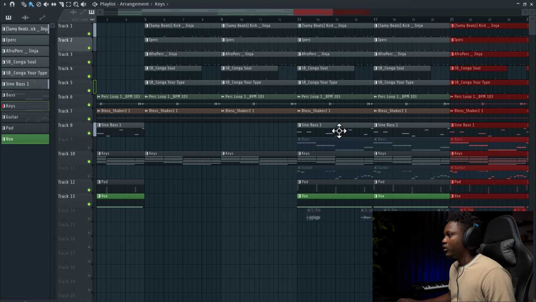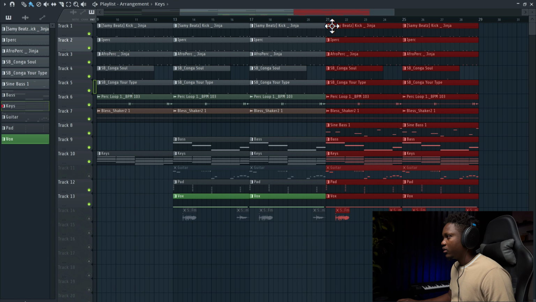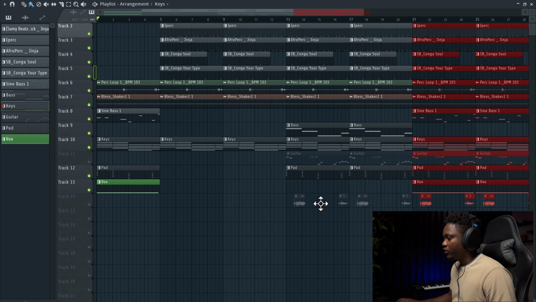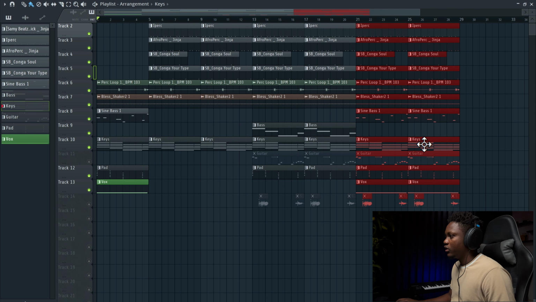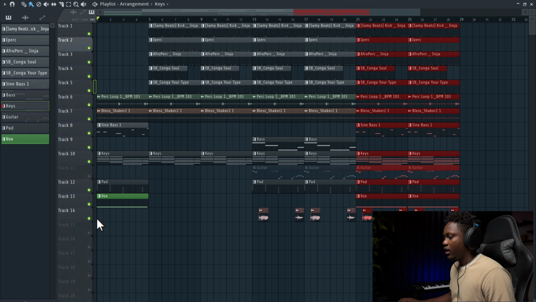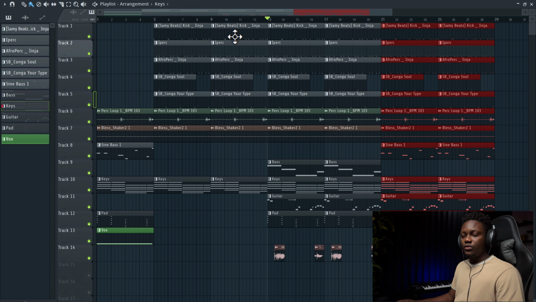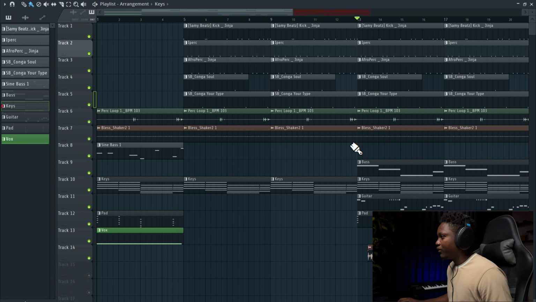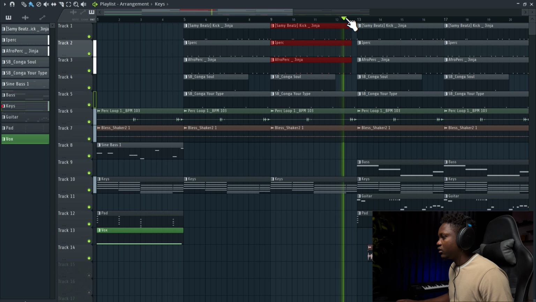Then we get to the pre-chorus. We're gonna use this synth bass to start our pre-chorus, and then the bass for the chorus. But we're gonna use it like that. Remove the vocal chop on the pre-chorus and then leave them on the chorus, and we are gonna add our sax, our guitar. So when you're building your arrangement, you're gonna need to add drum fills. You can, for example, on this part remove this right here, and